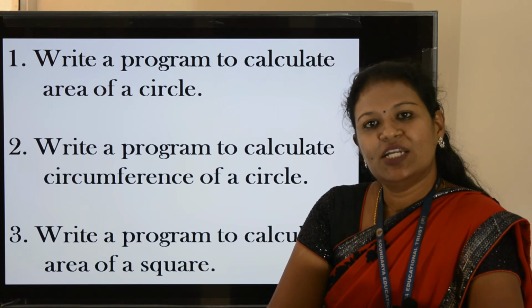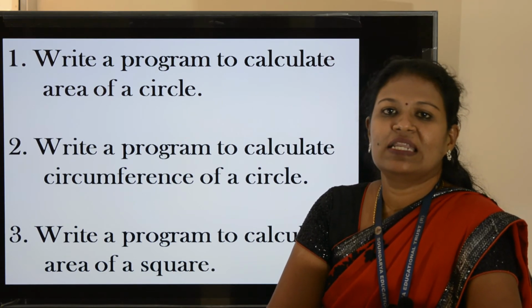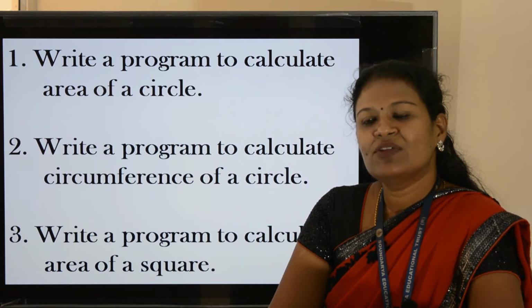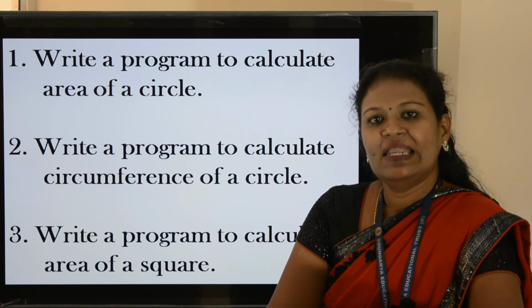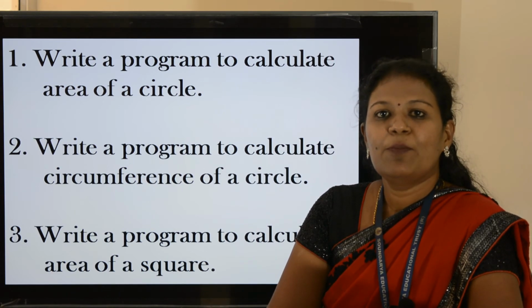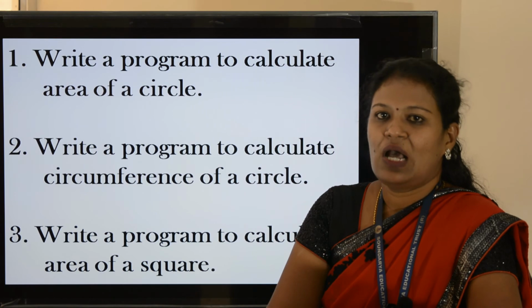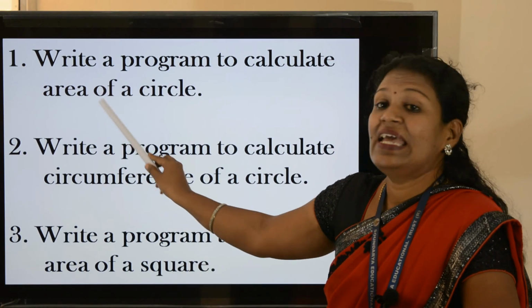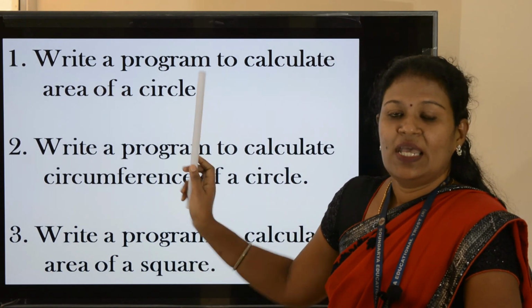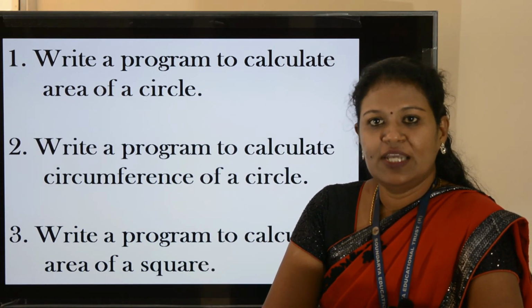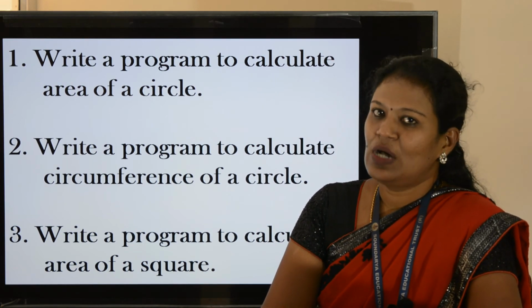You can give 22 by 7 or the value 3.14. So the calculation step is: area is equal to 3.14 into r into r.